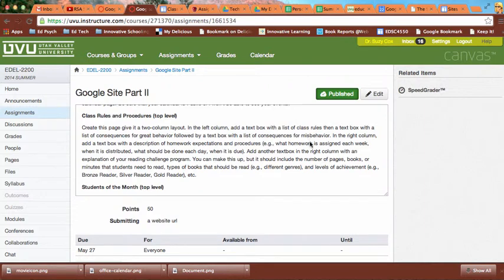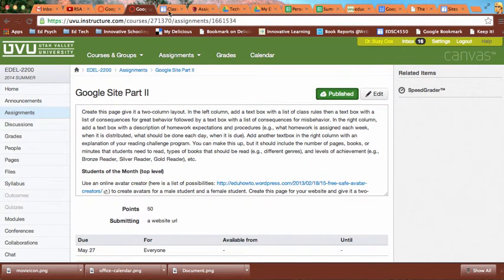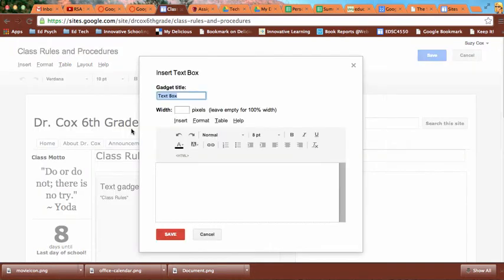All right, in the right column, add a text box with a description of homework expectations and procedures. Then you're going to add another text box in that column with your reading challenge program. Okay, so you have all the skills you need for that. I'm just going to do it quickly. So this time I'm going to click over in this right column area. I know it looks like it's overlapping, but it's not really. Don't panic, okay? All right, so I'm just going to go Insert, Text Box, and now I've got our homework